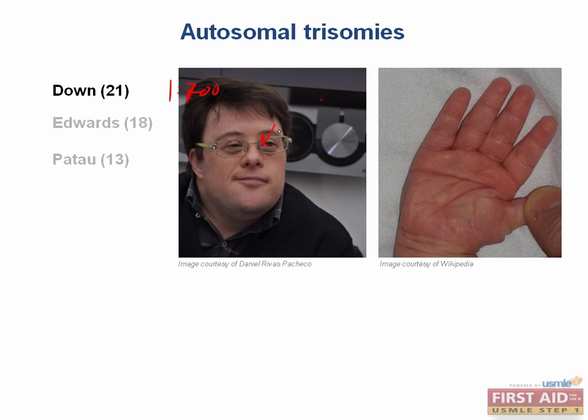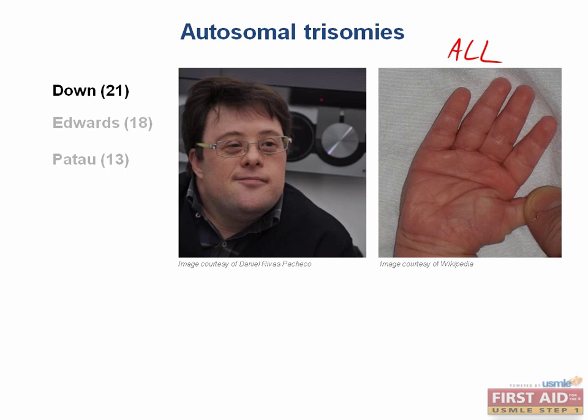Patients often have several classic characteristics, including flat faces, prominent epicanthal folds, which are the folds of skin on the medial aspects of the eyes, and a single palmar crease, which means there's only one fold of skin across the palm. They can also have a gap between the first 2 toes, duodenal atresia, and congenital heart disease. And they have an increased risk of acute lymphoblastic leukemia. Lastly, these patients have an increased risk of Alzheimer's disease, which they can get at younger ages.